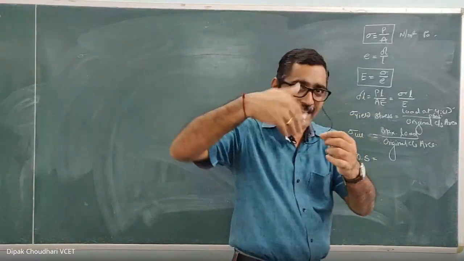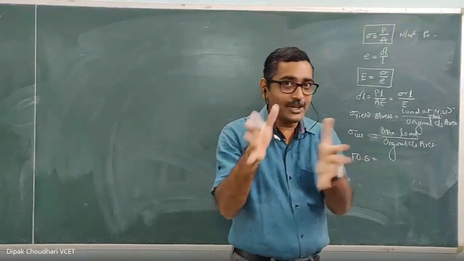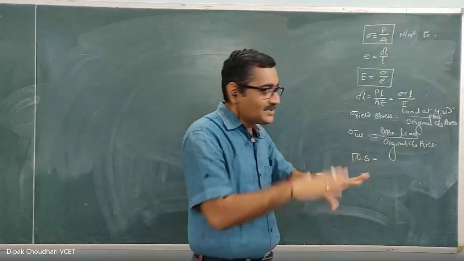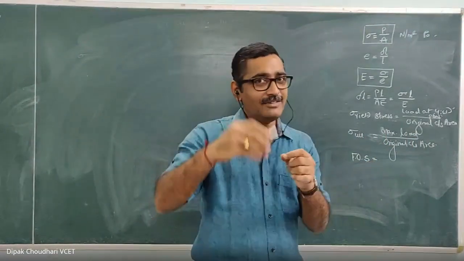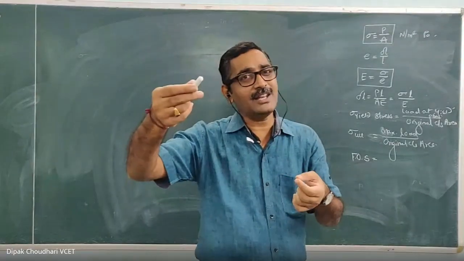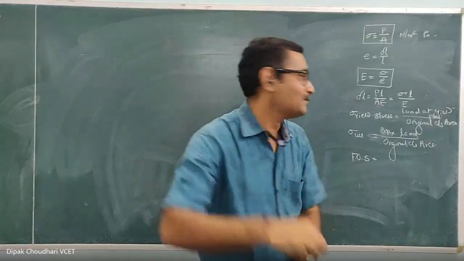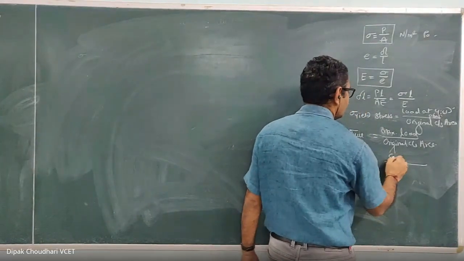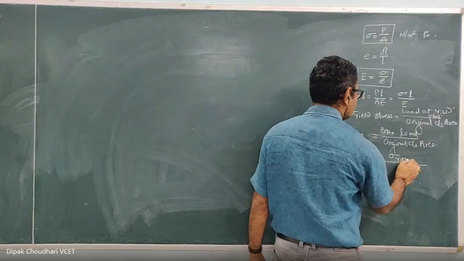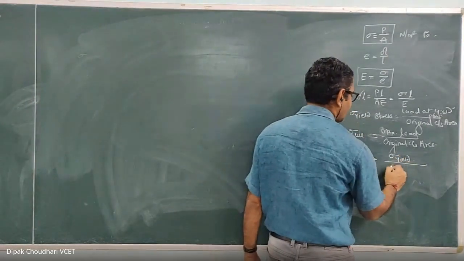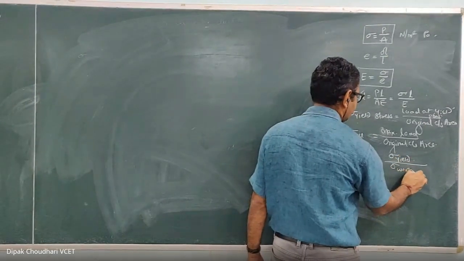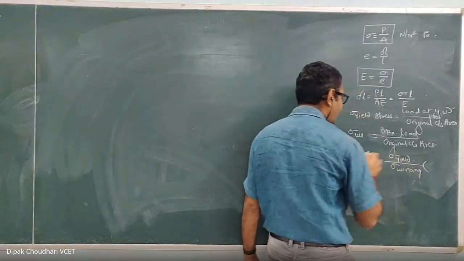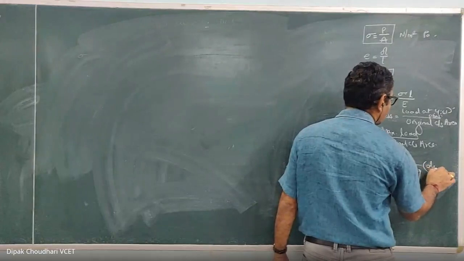That value can vary. Yield stress will not vary for that particular material. Your ultimate stress will not vary for that particular material. But the working stress may vary depending on the external applied force. So this factor of safety is defined as the ratio of yield stress to the working stress or the design stress. On the basis of yield stress, this formula we have to use for ductile material.